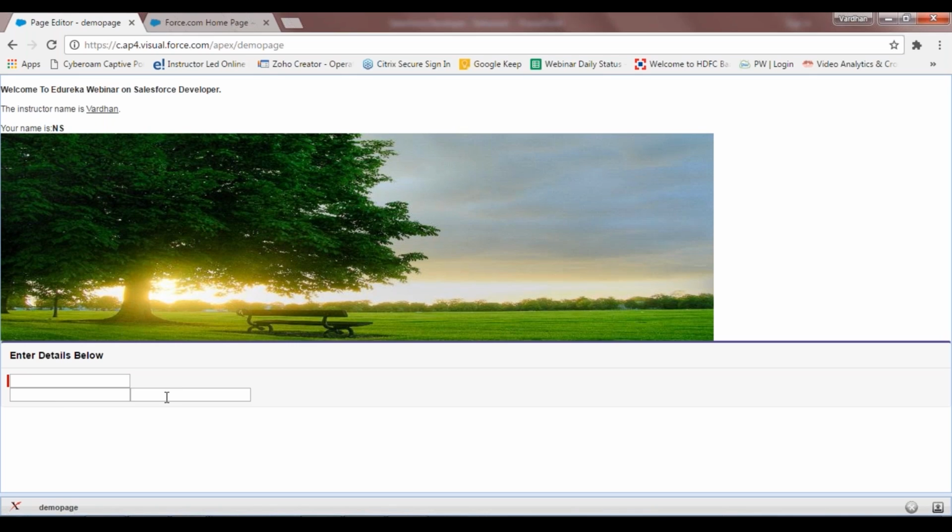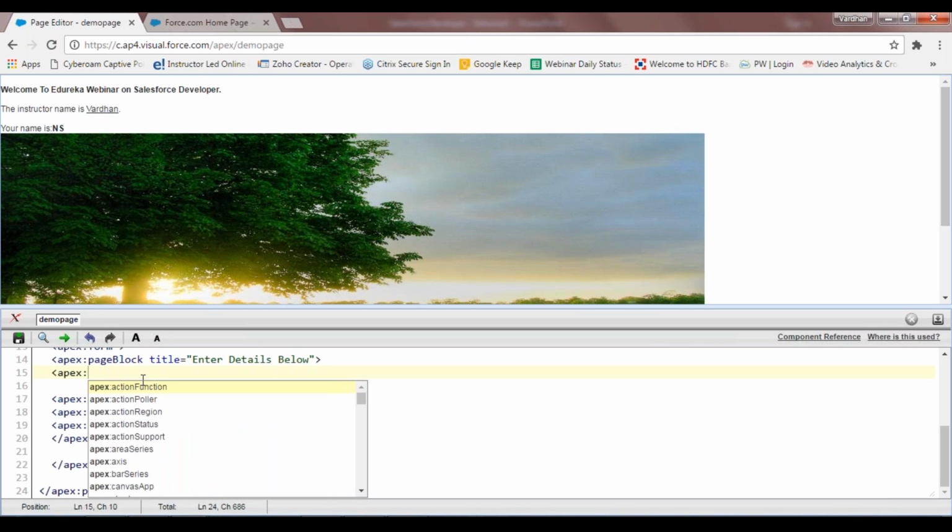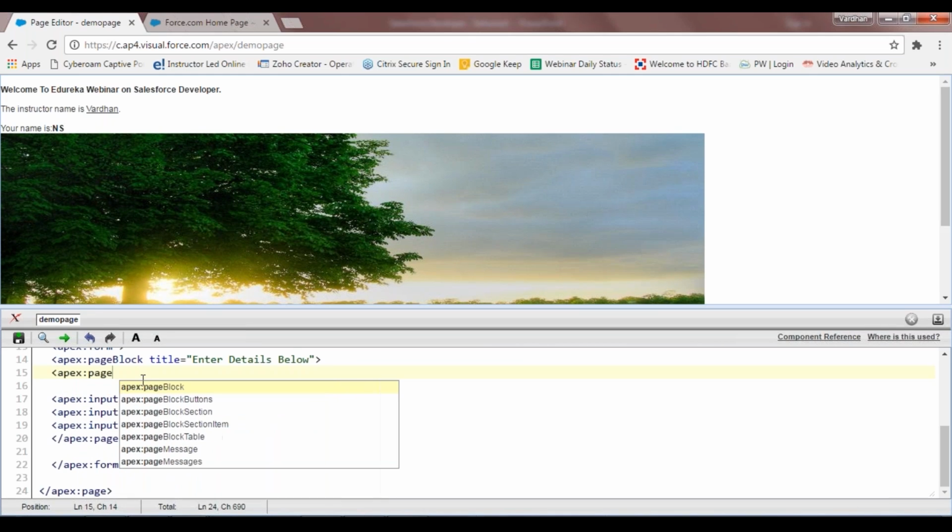So right now they're not visible. If I want to add those things, then I can just create a page block section, and when I do that, it will automatically be visible. So the tag again for that is apex:pageBlockSection. Okay,